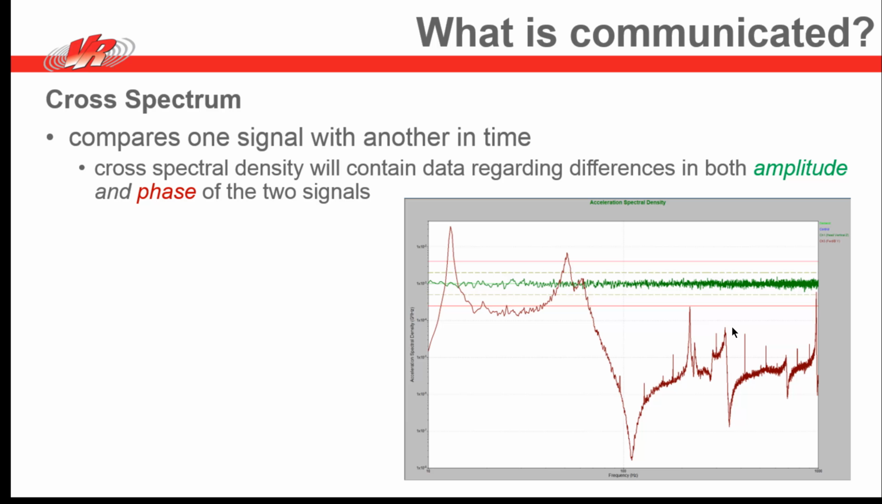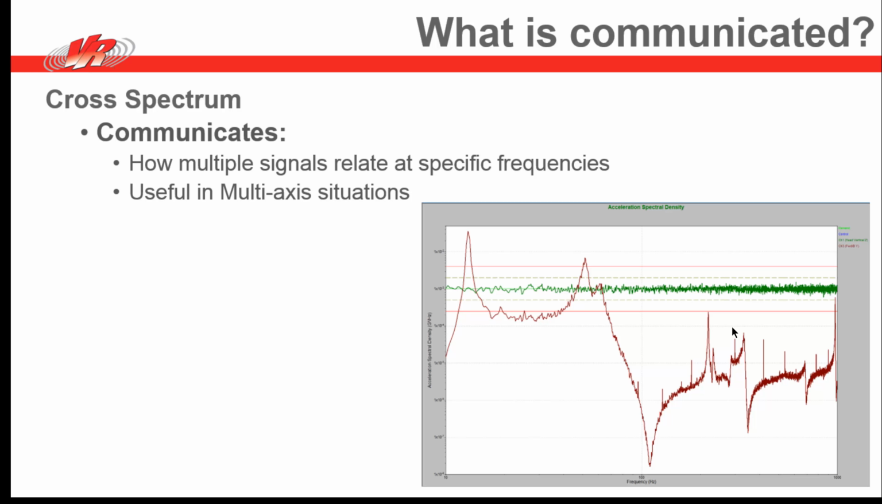Finally, the fourth tool in the analyzer package is the cross spectrum plot. And again, here's another plot that helps compare one signal with another in time. The cross-spectral density contains data regarding both amplitude and phase differences of the two signals. And this is very helpful when you're looking at